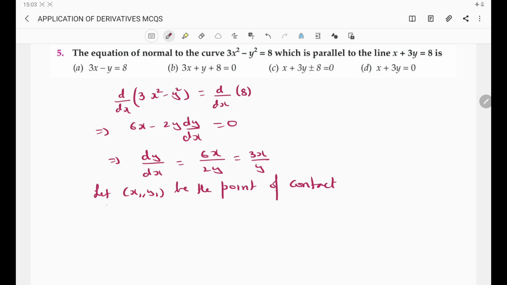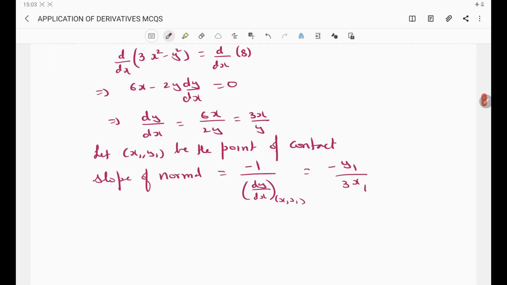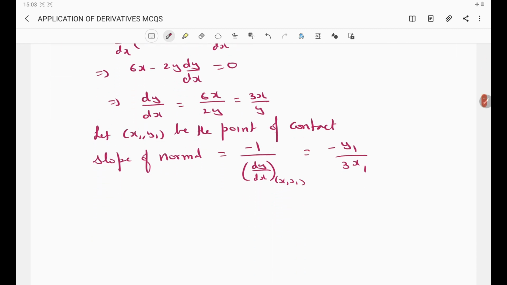So if (x1, y1) is the point of contact, then the slope of the normal is minus 1 by dy by dx at (x1, y1). So we get this as minus y1 by 3x1, and it is said that the normal to the curve is parallel to the line x plus 3y equal to 8. So slope of the line